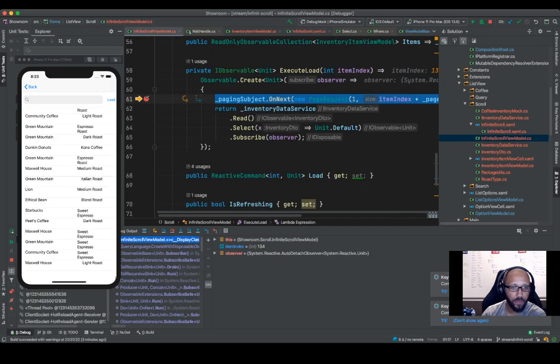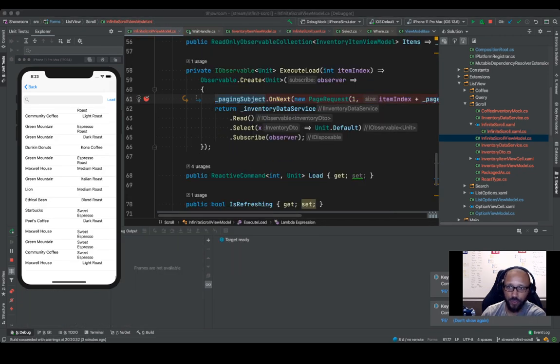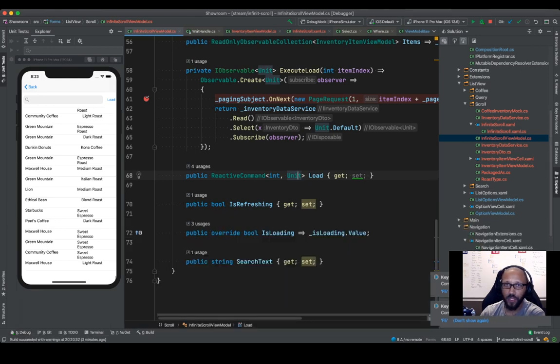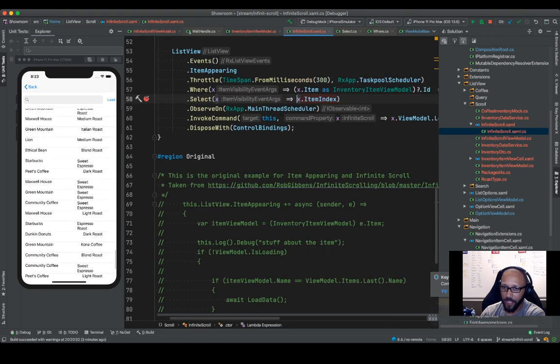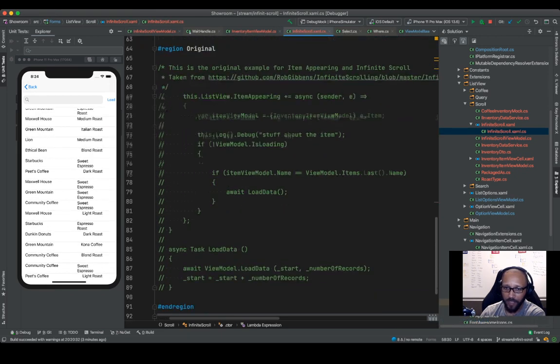Yep, boom. Infinite scroll. So there we have it. Pretty quick and dirty. Again, we used an example provided by somebody in the community that wired into the item appearing events. I'll take a quick moment to talk through the bit that